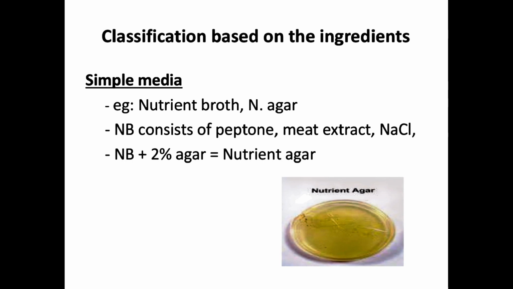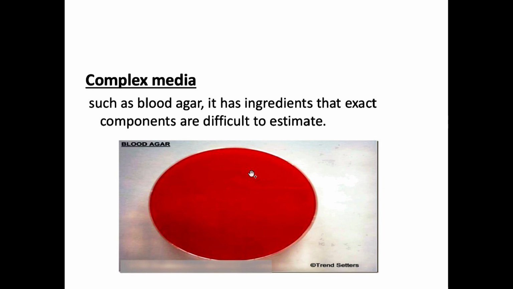It doesn't have any specific nutrients except the main nutrients extracted from meat and the base which makes the media to be solid, which is called agar. Whenever we are talking about complex media, we are talking about media which helps us